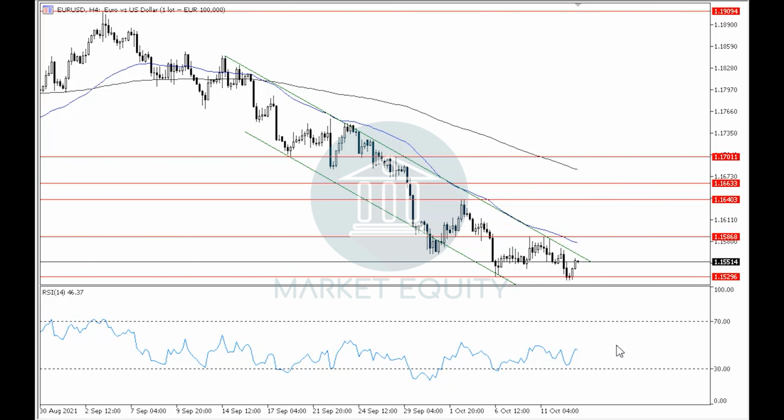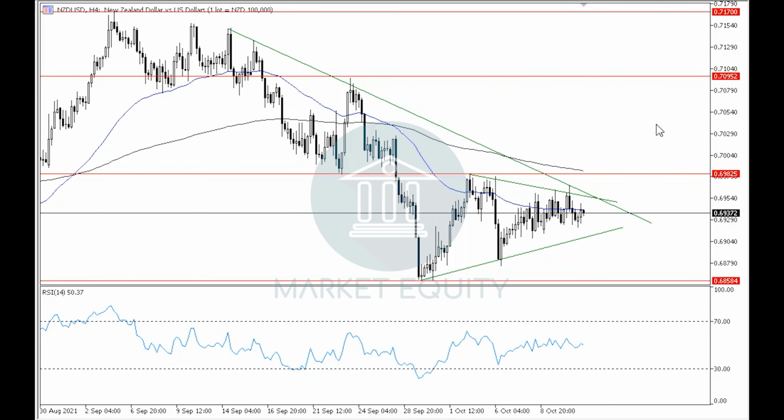That was it for the euro versus the US dollar. Let's move on to the New Zealand dollar versus the US dollar. As we mentioned in the previous videos, the pair is moving in a downtrend in the 4-hour time frame inside